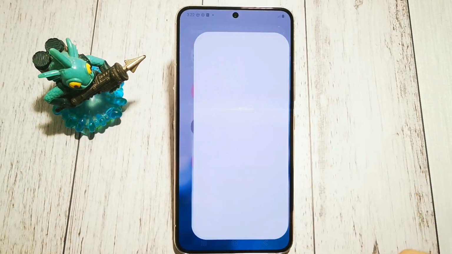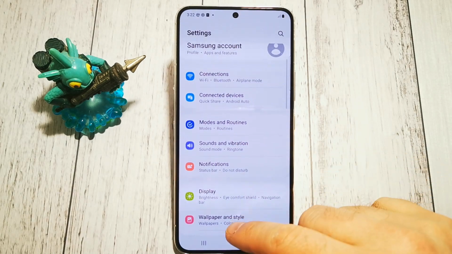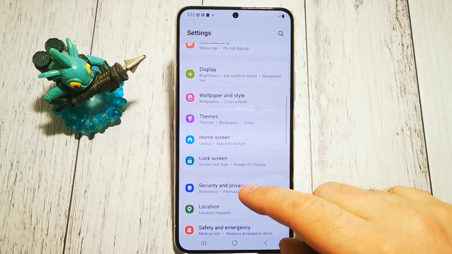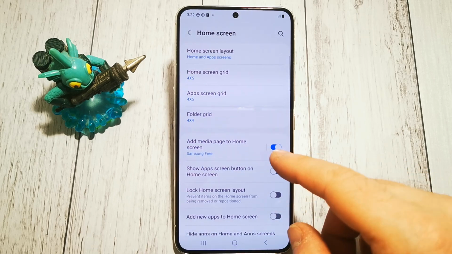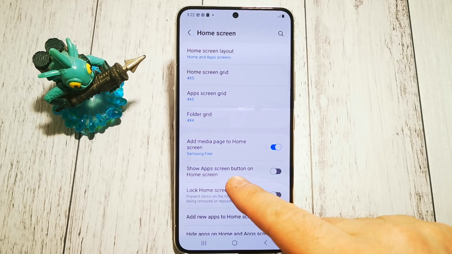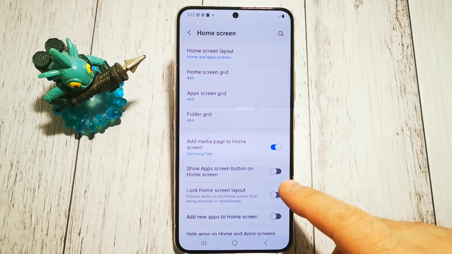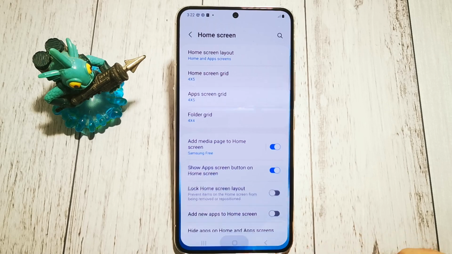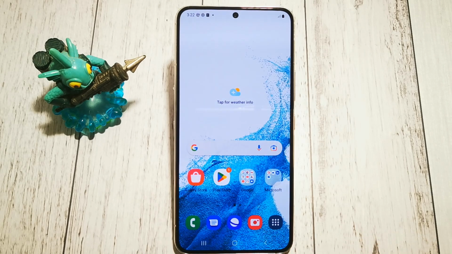We have to go to Settings. In Settings we are looking for our home screen options here, and here we have Show App Screen button on home screen. If we turn it on, our app button will be displayed here,